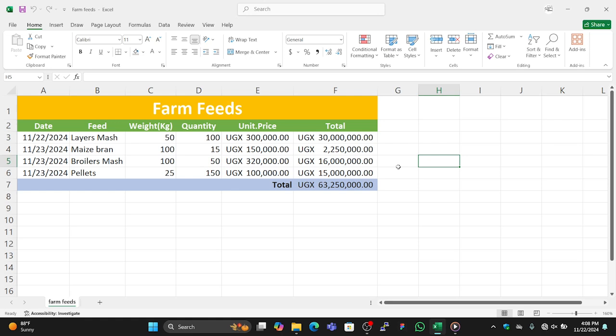Hello there, today we're going to be looking at Microsoft Excel, and today our approach, we're going to start using a project-based learning approach so that we can gain the experience, and the experience we obtain we can apply it to other real-world projects. So today we're going to be looking at a farm feeds simple project, and through this project we are going to apply the basic things that are done in Microsoft Office Excel as part of the